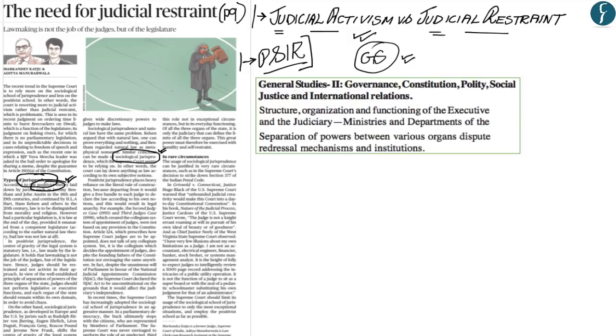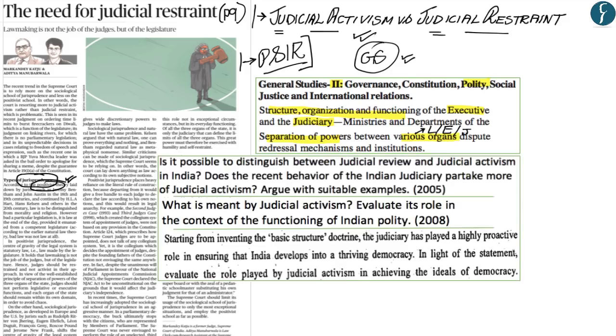Now this editorial should be seen from the perspective of GS paper 2 within the section Polity and within the subsection Structure, Organization and Functioning of the Executive and Judiciary, and more importantly from the subsection Separation of Power between the various organs, meaning the separation of power between the legislature, the executive and the judiciary. Now apart from this, various questions with regards to judicial activism have been asked in your UPSC mains examination, whereby